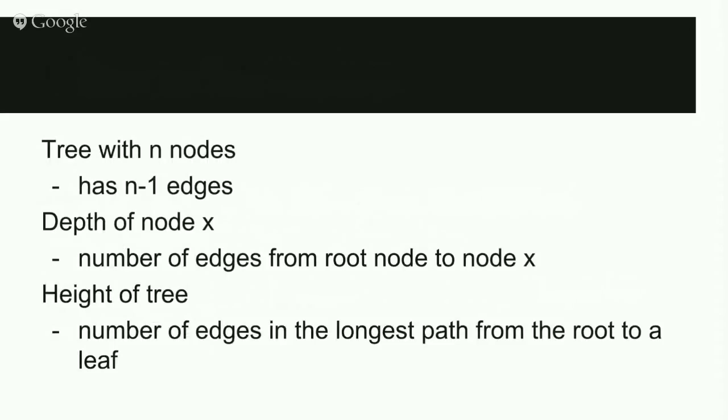Okay, and these are some things to know about trees. If a tree has n nodes, then it will always have n minus 1 edges. And you can go and find out the mathematical derivation of it. We're not going to go into that because we don't have that much time here, and it's more of a review here. And then the depth of a node is the number of edges from the root node to that node. So if we go back a slide,